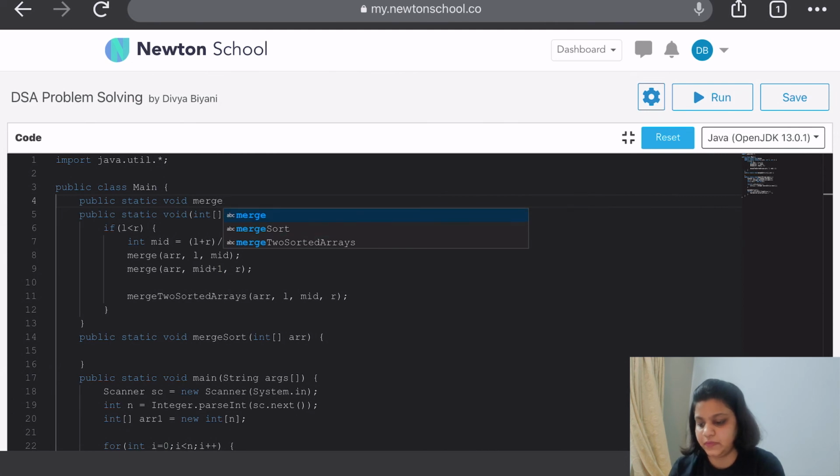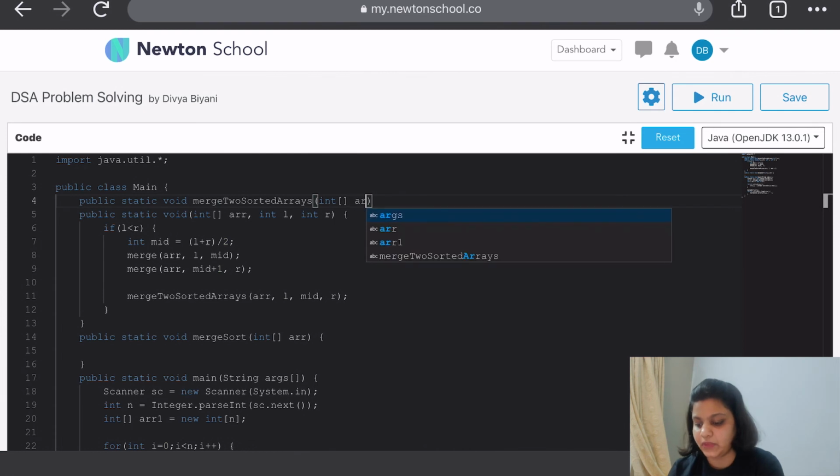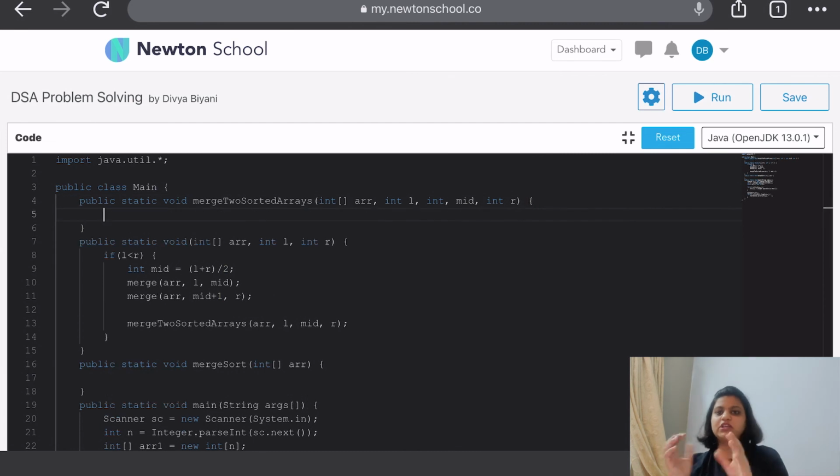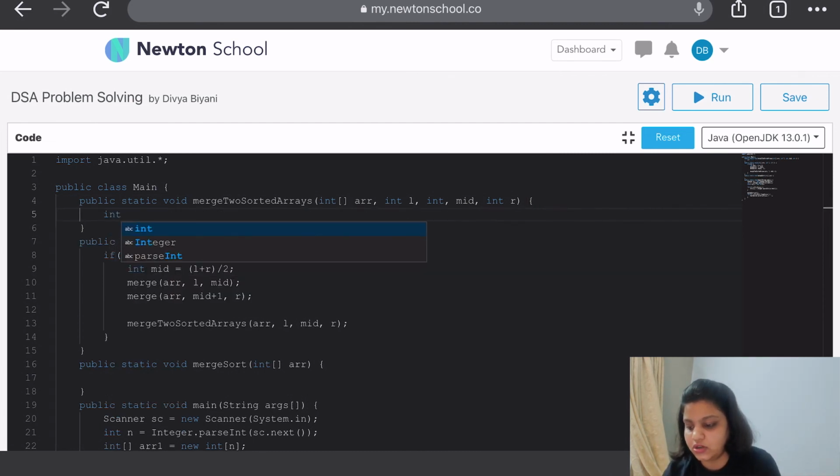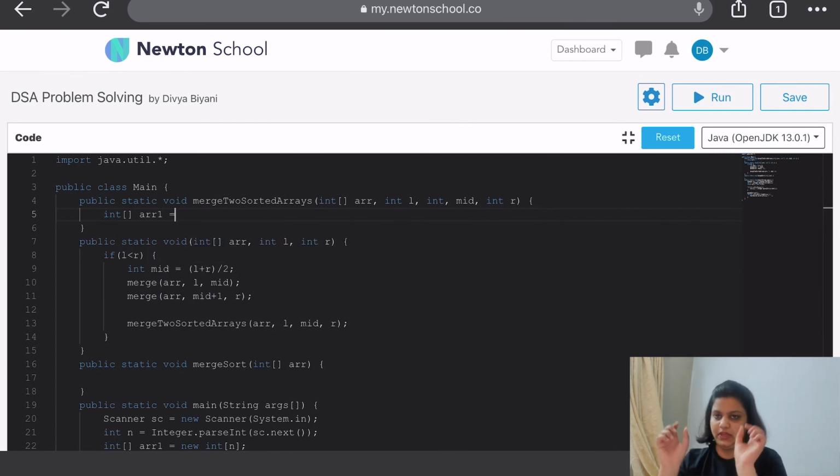So the arguments it is going to take are an array and 3 indexes, which will tell this function which are the 2 subarrays that it needs to merge and get the sorted array. In this scenario, we are first going to create 2 subarrays, array 1 and array 2.